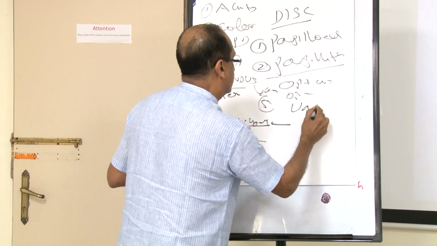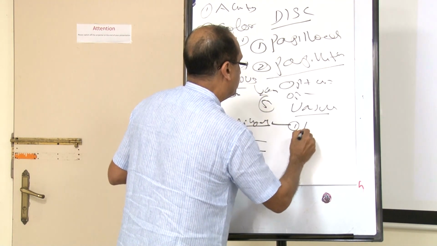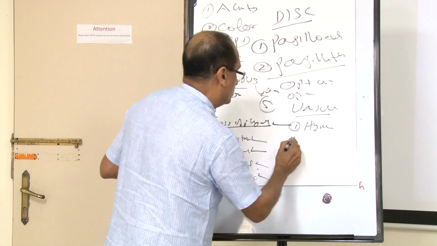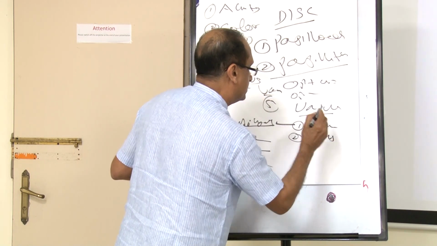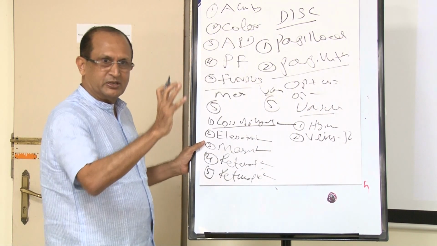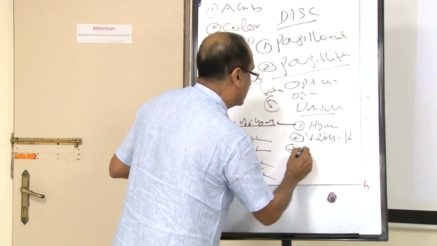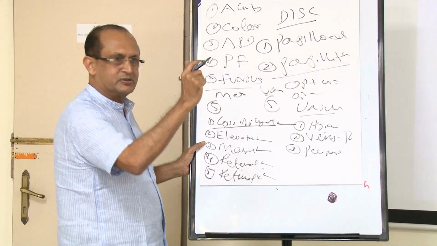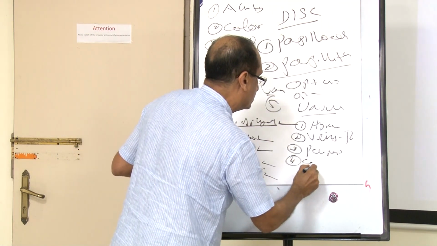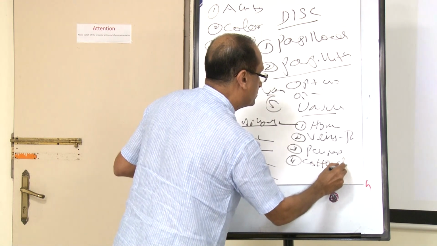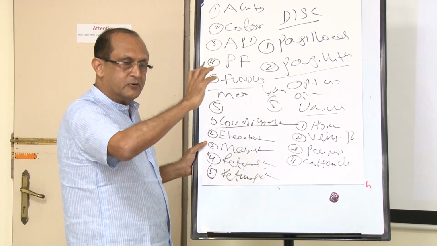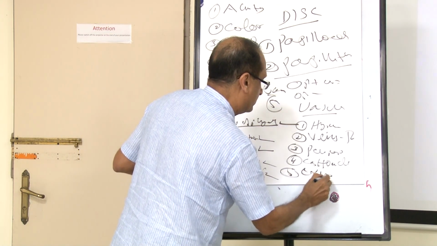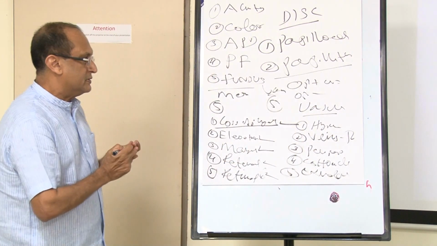Now 5 vascular signs are there. One, hyperemia of the disc. The disc becomes red. 2, the veins of the retina and disc become tortuous and congested. 3, there can be peripapillary hemorrhages. Around the disc you can see a lot of hemorrhages. 4, there can be cotton wool spots in the retina, which is due to the nerve fiber layer infarct. And 5, there can be exudates. So these are the 10 signs.